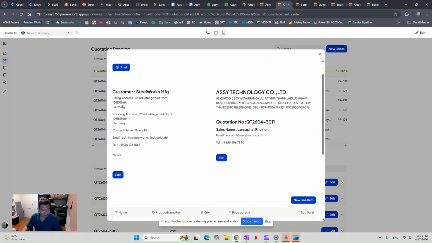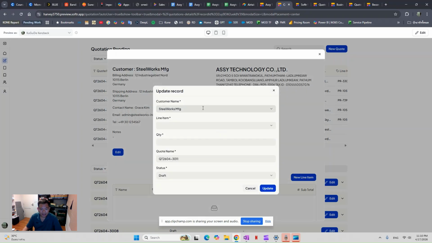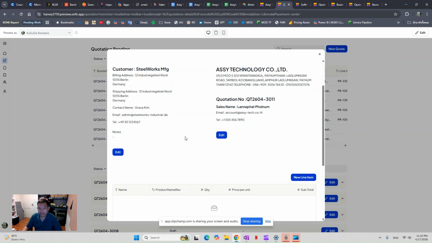It's showing this customer, the billing address, the shipping address, and contact persons automatically from the selection, because when you select the customer here, it still works. It's showing up this address. You can still edit that one, change line item quotations and some details here. That's also possible, but we'll not touch that one yet for the moment.